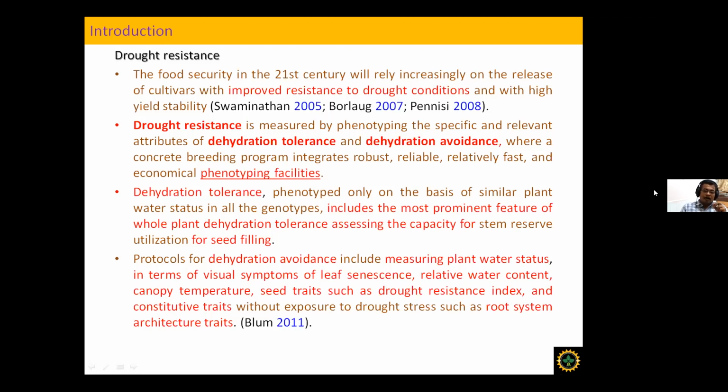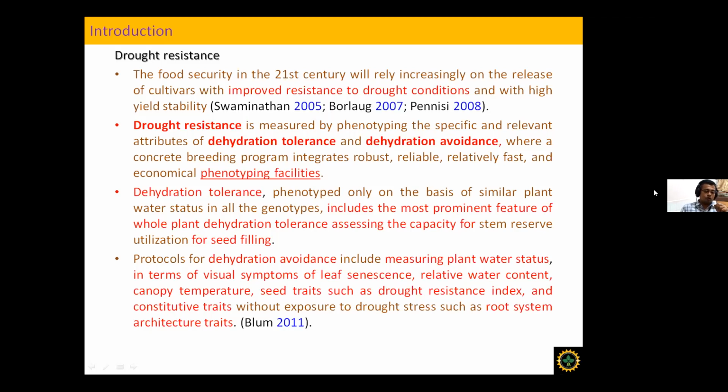As already told, dehydration tolerance is phenotyped only on the basis of similar plant water status in all the genotypes, including the most prominent feature of whole plant dehydration tolerance, assessing the capacity of stem reserve utilization for seed filling, particularly during